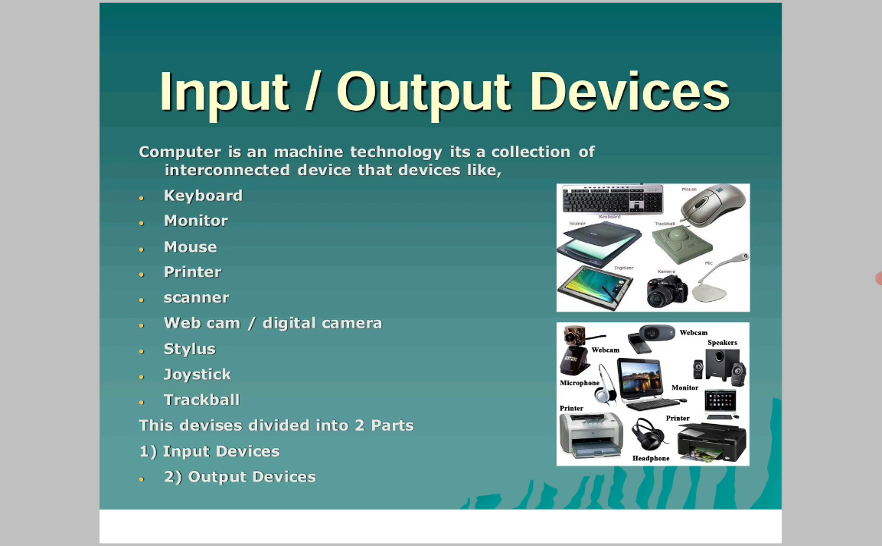So these are the popular input devices we have used. The first one is keyboard. It is a compulsory essay type question from the first unit. The second one is monitor. The third one is mouse. The fourth one is printer. The fifth one is scanner. Webcam or digital camera, stylus, joystick,